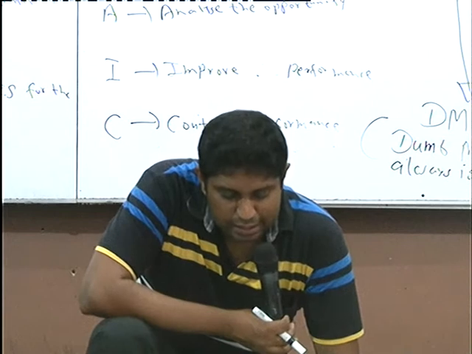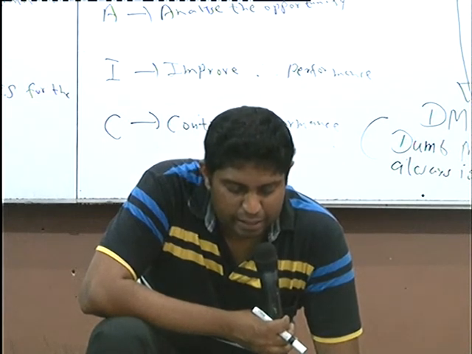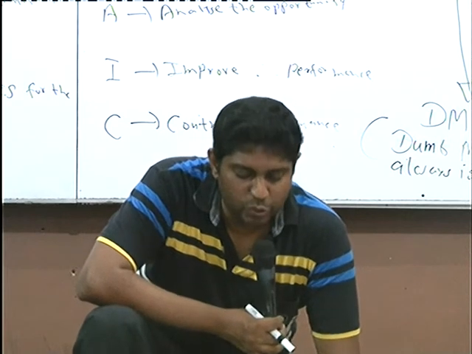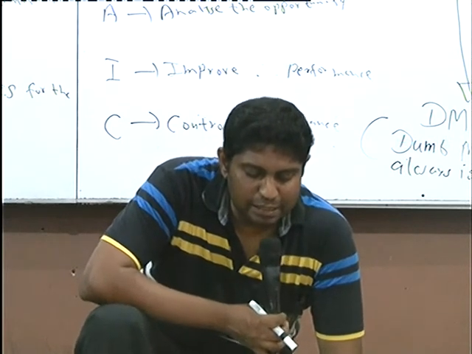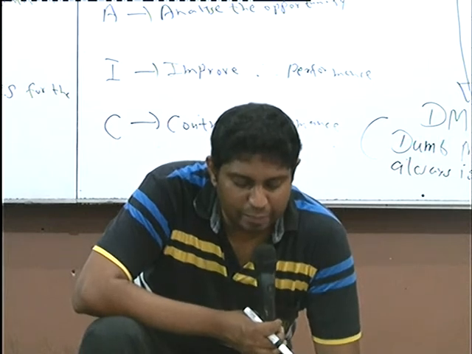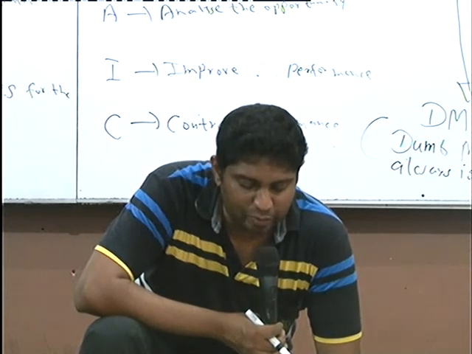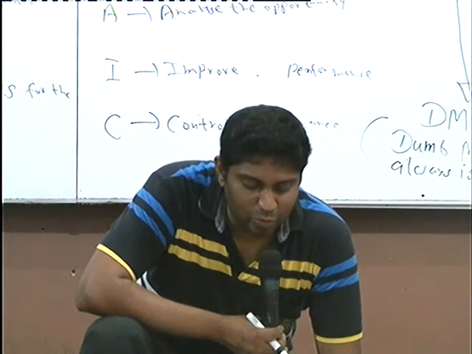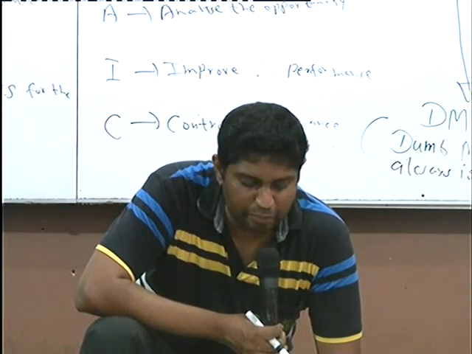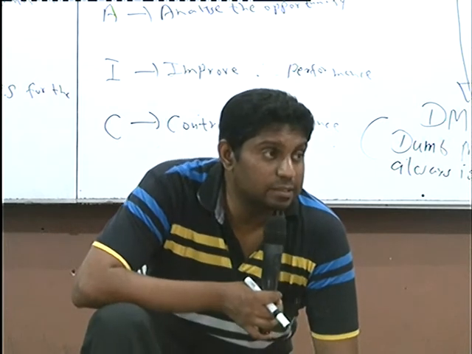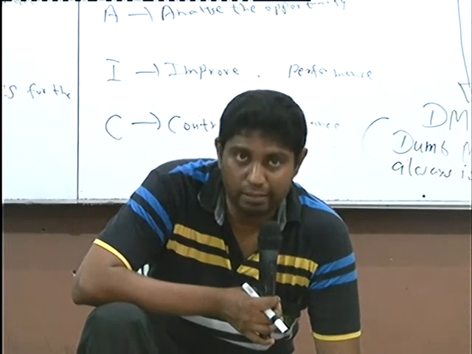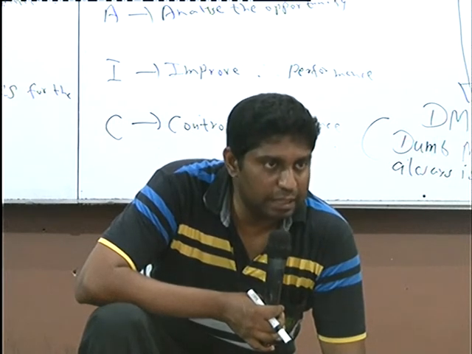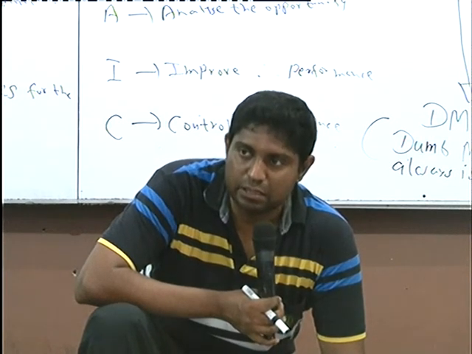New controls are designed and implemented to prevent the problem from returning and to make sure that the improvements are sustained. Control will include regular measurement of the output of the process and comparison of actual performance with the target. I give an example on that: maybe once in a month, you measure the actual result and compare with the expectations.